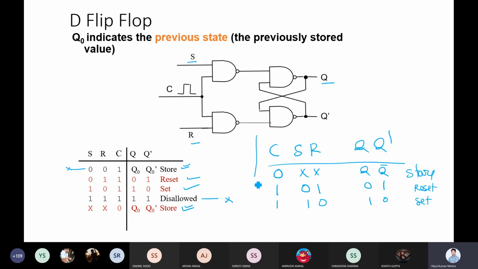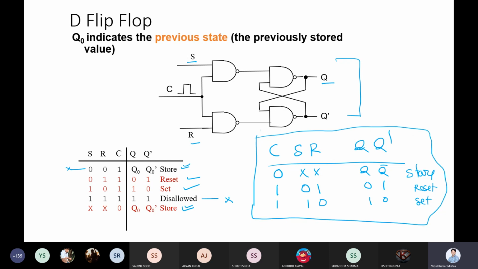I want to make a circuit by modifying this current circuit so that it will have only these conditions, nothing more. What can we do? Can we modify this s and r in such a way so that we have only these three options available? The rest will be gone.